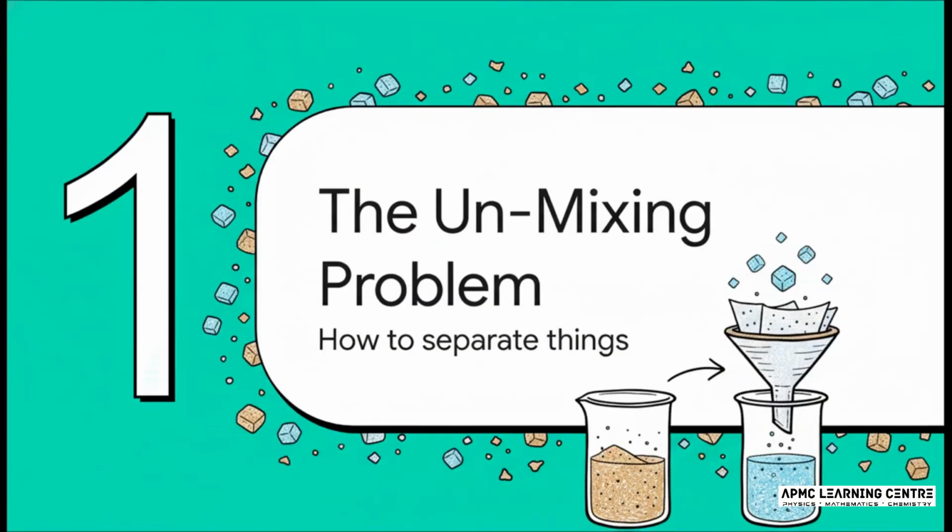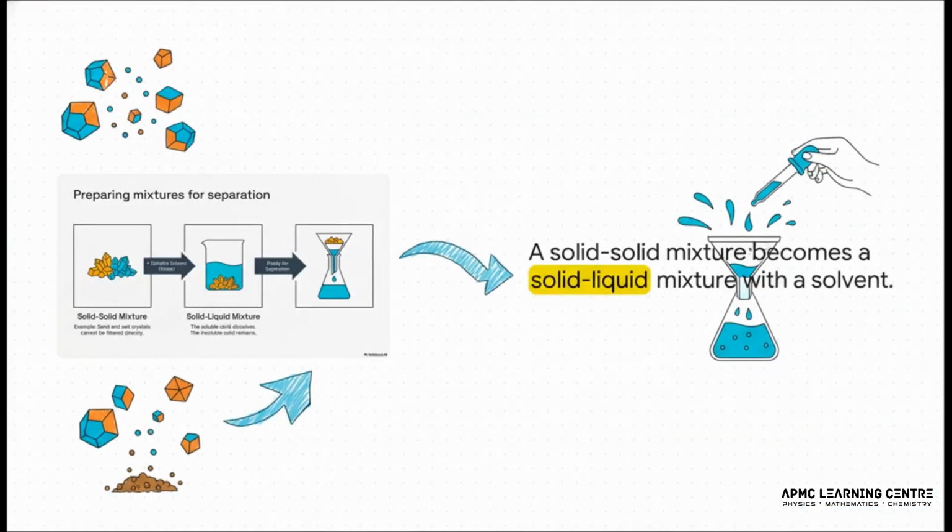All right, so here's our starting challenge. A mix of sand and salt. You can't just sit there and pick out every single grain one by one, right? So, where do you even start? Well, the first step is to kind of change the nature of the problem. We do that by adding a solvent, and in this case, plain old water works perfectly. See, the salt dissolves completely in the water, but the sand, it doesn't. And just like that, what was a solid-solid mess is now a solid-liquid mixture, and that sets us up perfectly